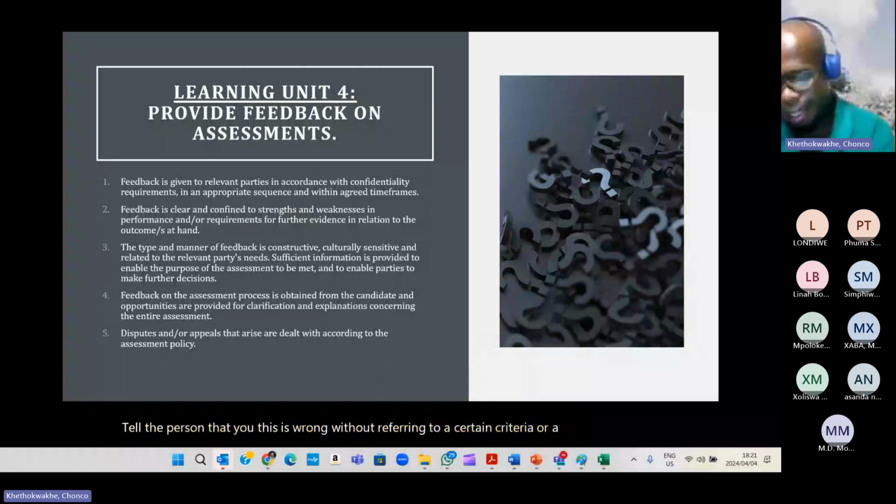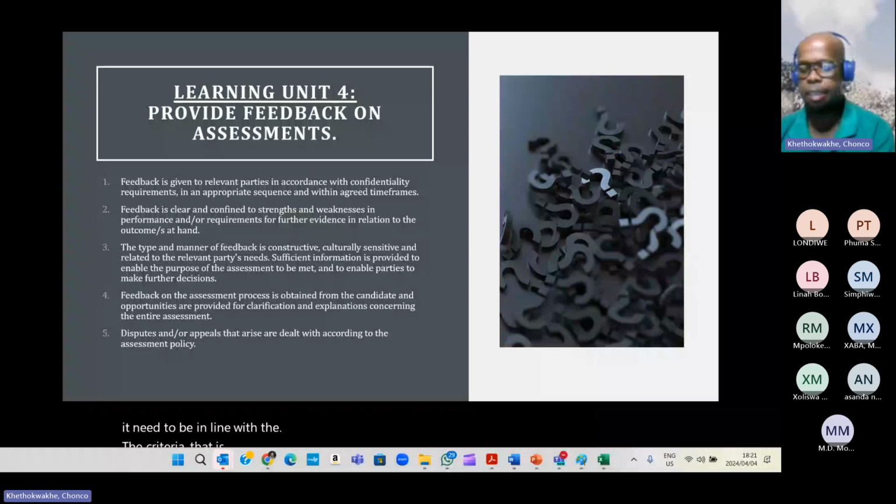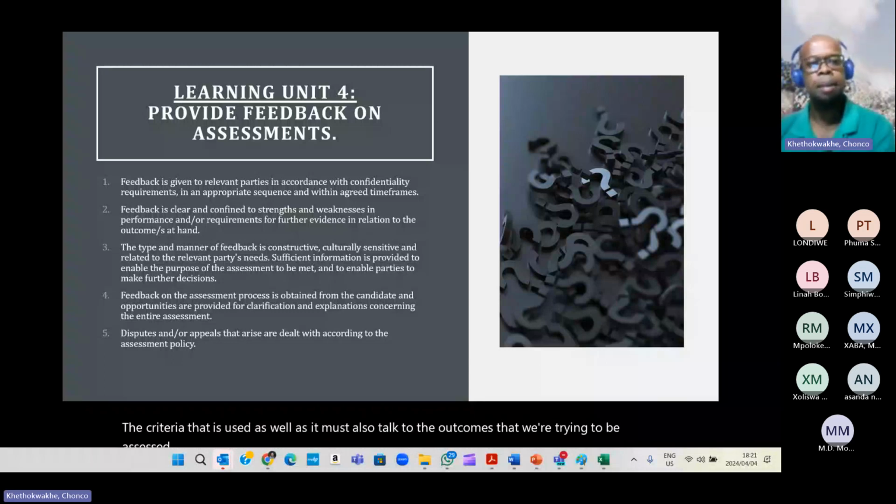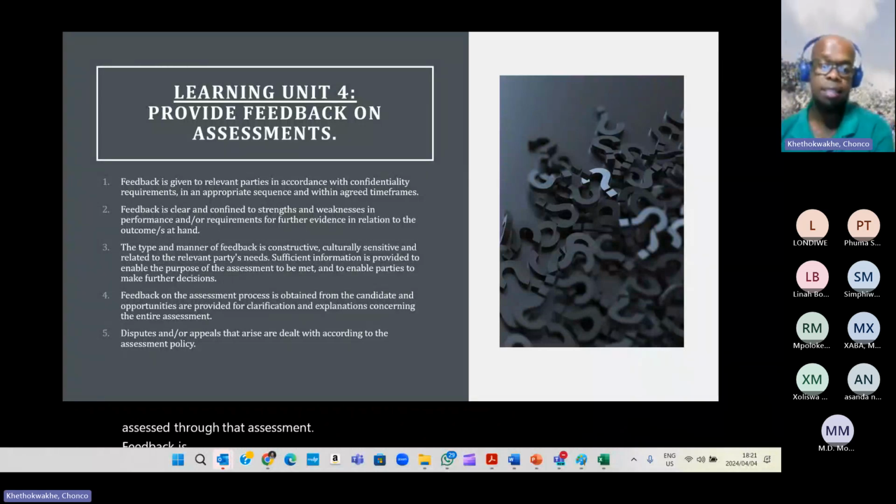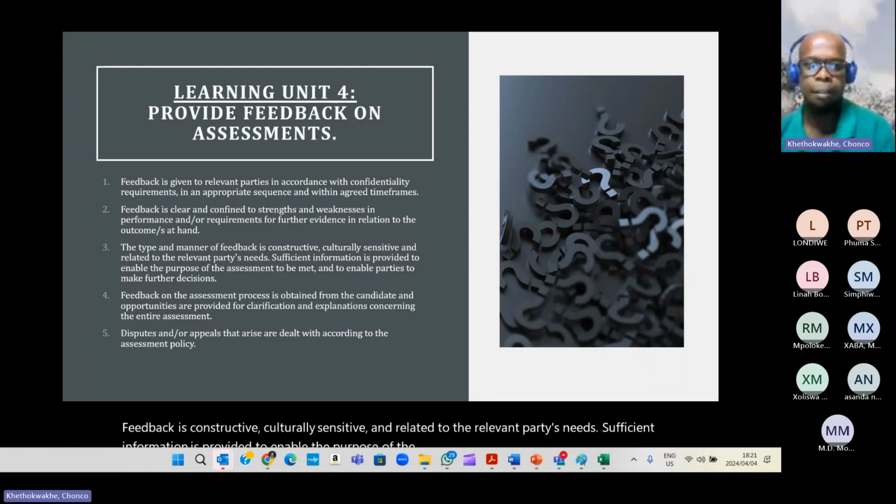So it needs to be in line with the criteria that is used, as well as it must also talk to the outcome that we're trying to be assessed through that assessment. The type and manner of feedback is constructive, culturally sensitive, and related to the relevant party's needs. Sufficient information is provided to enable the purpose of the assessment to be met and to enable parties to make